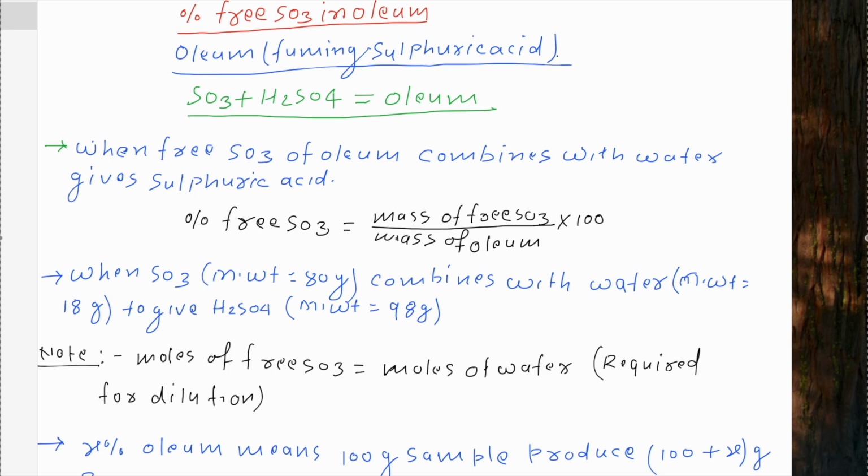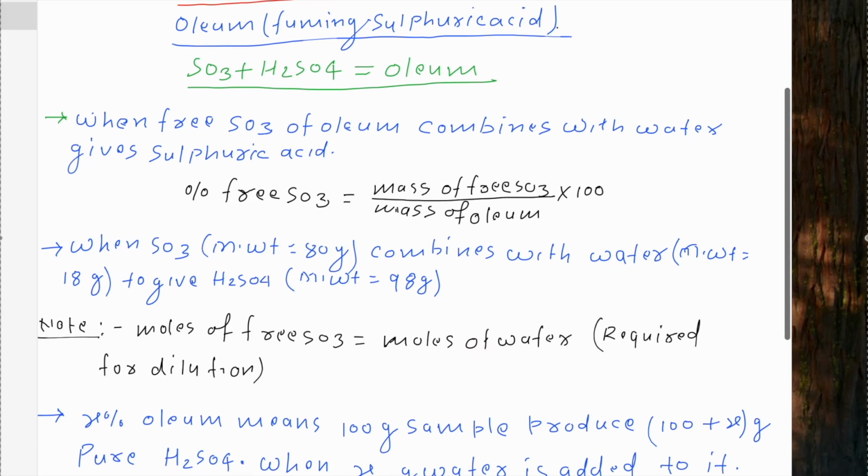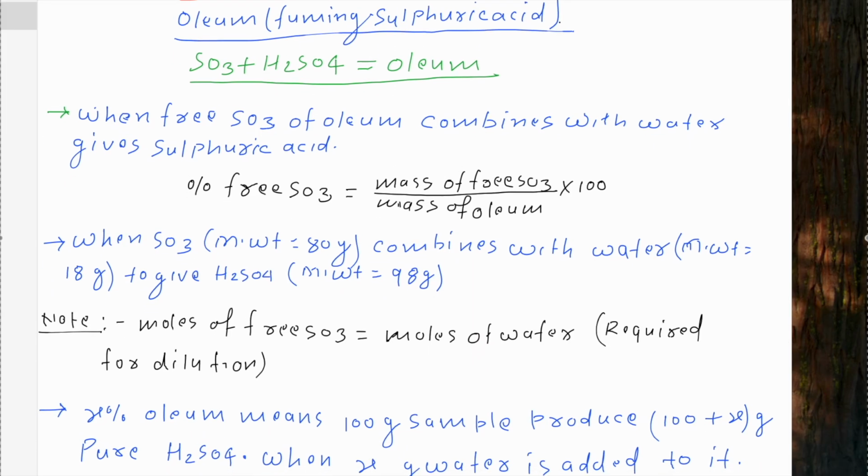We will talk about one topic called percentage free SO3 in the oleum. बहुत सारे बच्चे पूछते हैं कि सर क्या ये टॉपिक से क्वेश्चन आ सकता है। तो इस टॉपिक से क्वेश्चन आ भी सकता है। पहले बात करते हैं कि ये ओलियम होता क्या है। ये SO3 H2SO4 दोनों के मिक्सचर को हम लोग ओलियम कहते हैं। मैं बताने की कोशिश करता हूँ क्यों इससे क्वेश्चन आ सकता है।